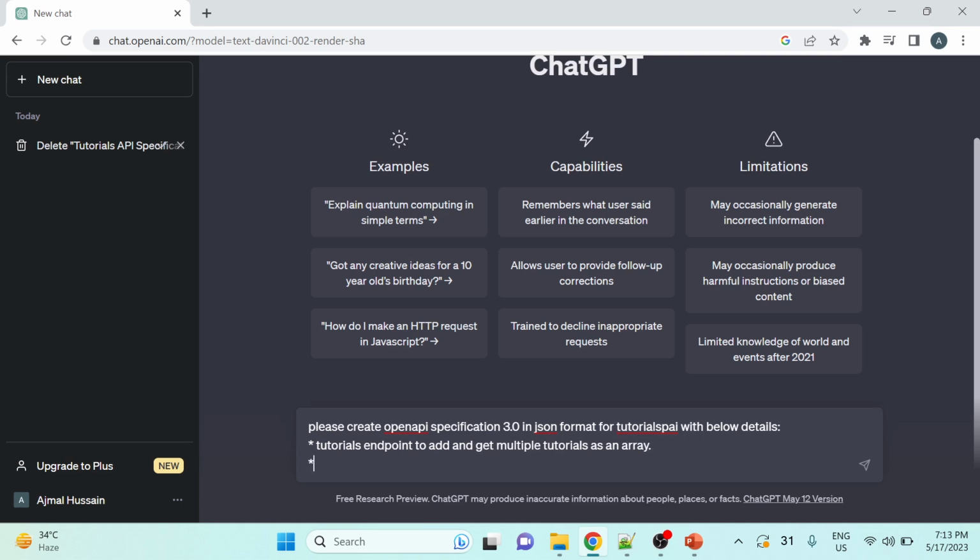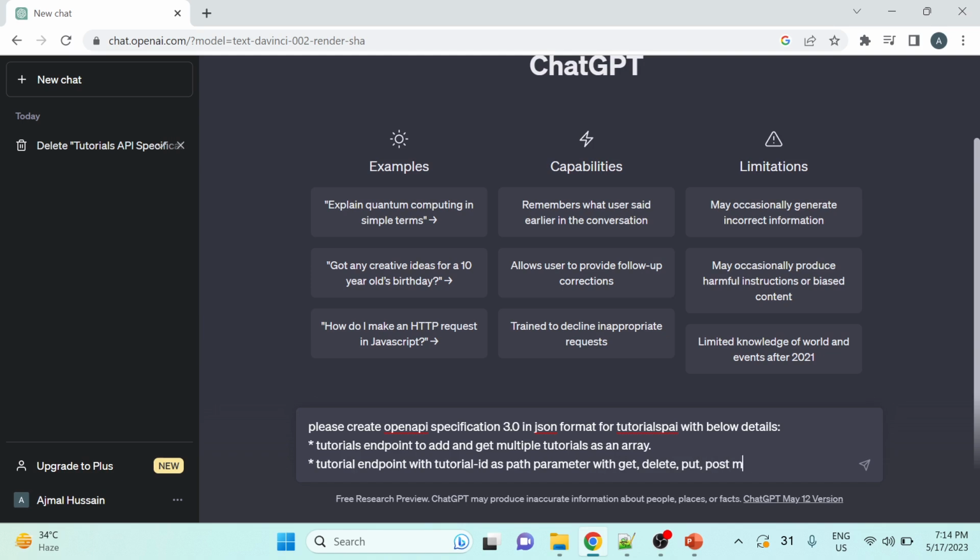And I will write that I need another endpoint, tutorial endpoint, with tutorial ID as path parameter with get, delete,